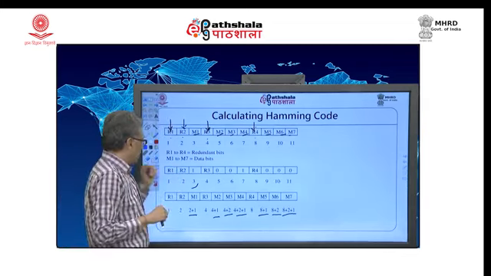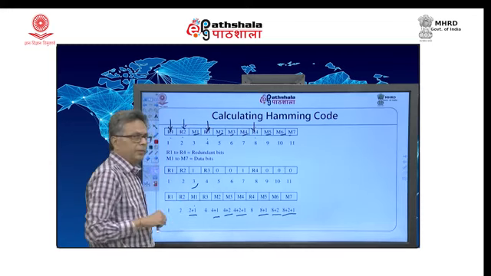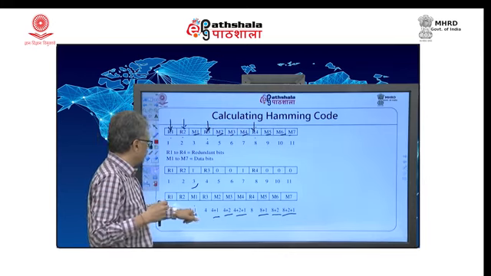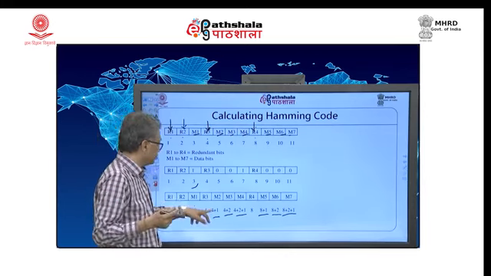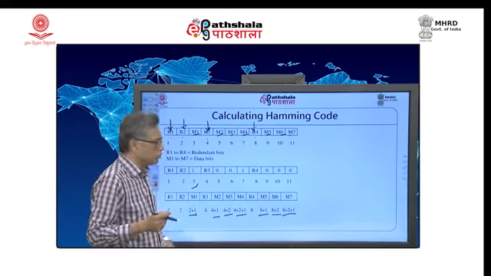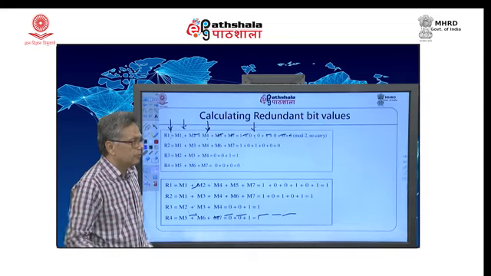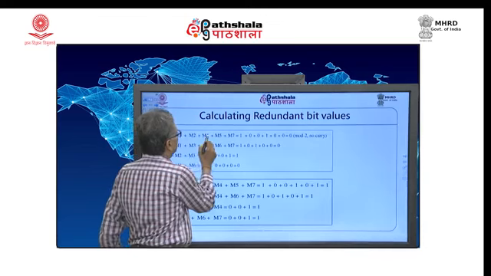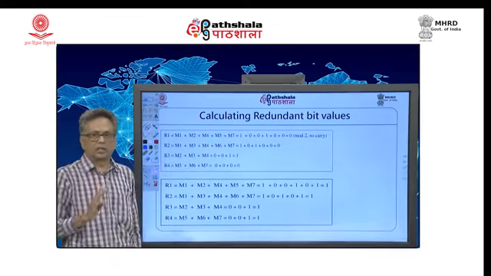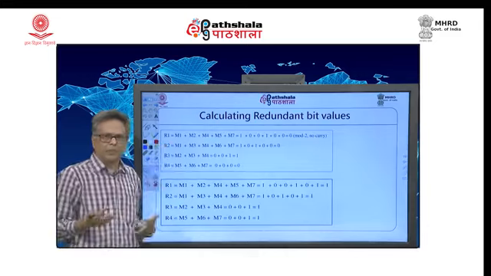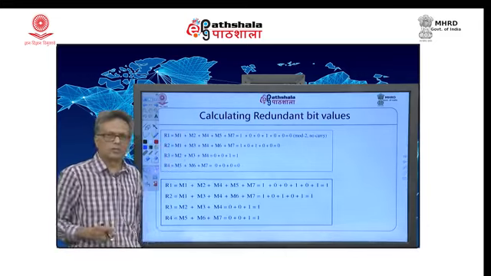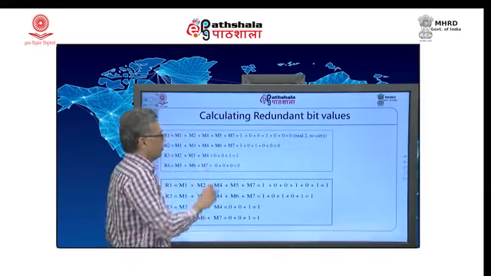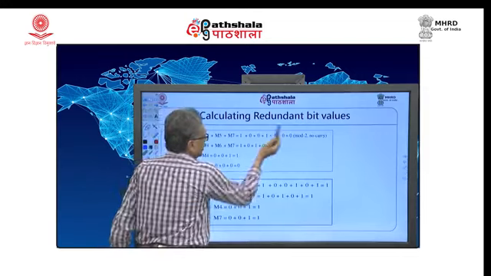And now, if I want to calculate where M1 will be used, the parity bit. So, it will be used in 1 and 2, not 3. This will be 1 and 4, this will be 2 and 4 and so on and so forth. That means, summarized as, for first redundant bit, bits 1, 3, 5, 7, 9 and 11 are to be calculated, and I am using an even parity. So, I am just adding those numbers. Okay. So, I will get that value and I am doing this modulo 2. So, 1 plus 1 becomes 0. So, eventually you can get this thing as 0.